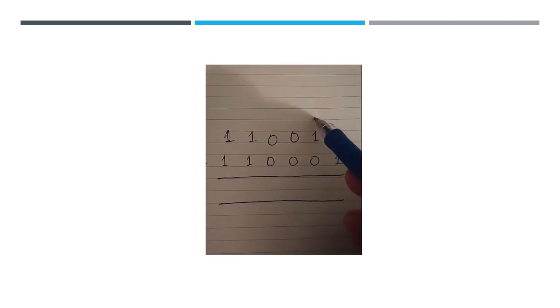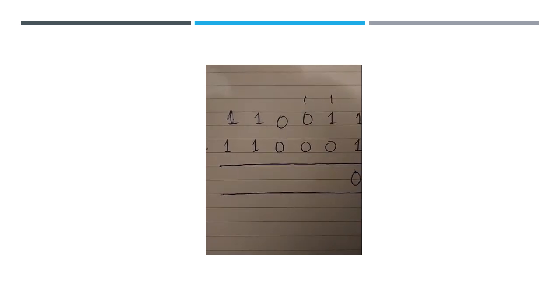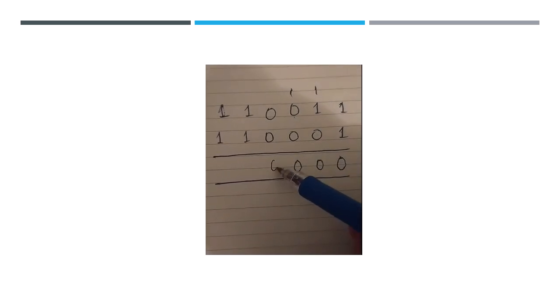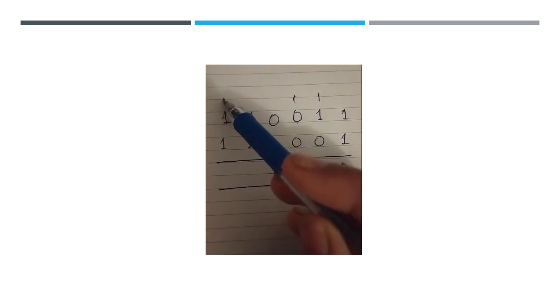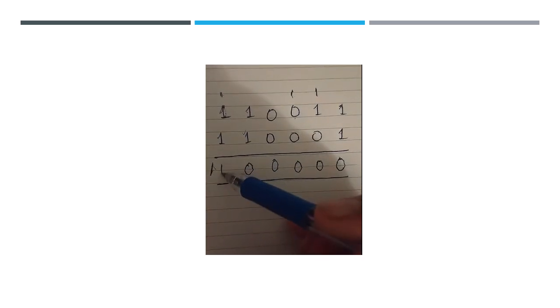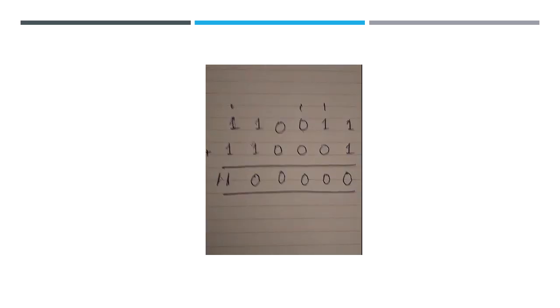So this is how we are going to perform this addition. 1 plus 1, according to the binary rules, equals 1 0: 1 carry here and 0 here. Now 1 plus 1 according to the rule is 1 0. 1 0 plus 0 will be equal to 1 and 0. 1 plus 0 equals 1. 1 plus 0 equals 1. 0 plus 0 equals 0. 1 plus 1 equals 1 and 0. 1 1 1 equals 1 1. So this is how you are going to perform binary addition.